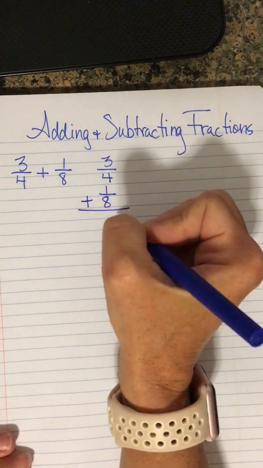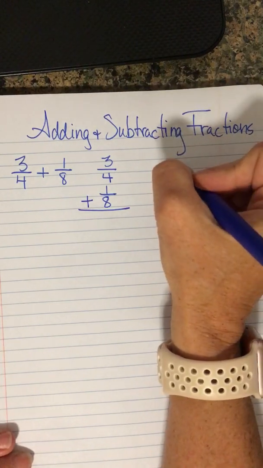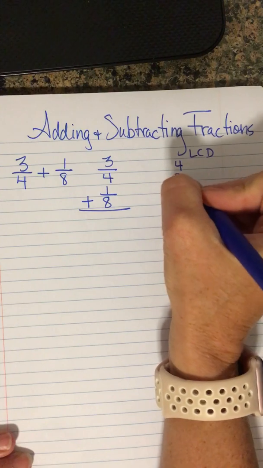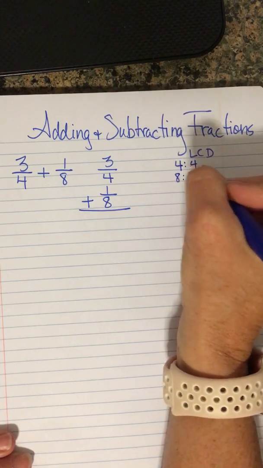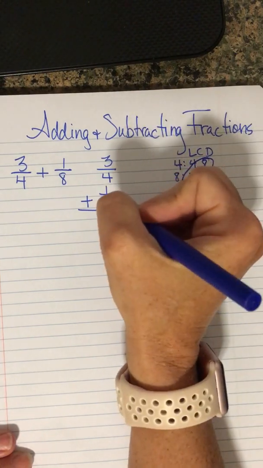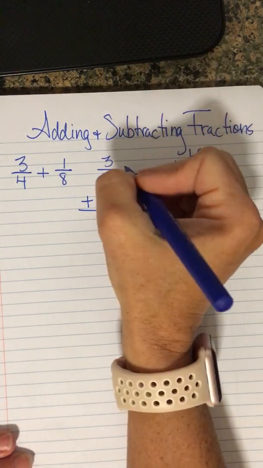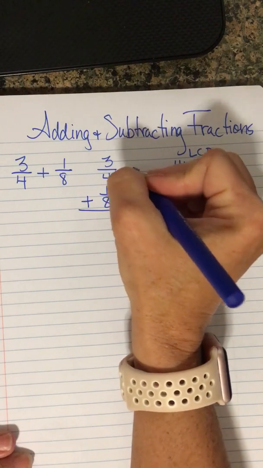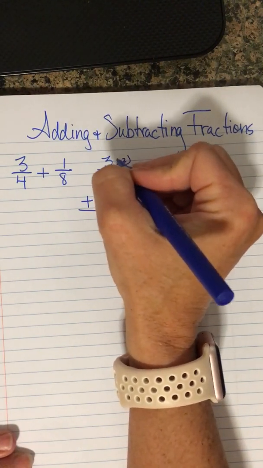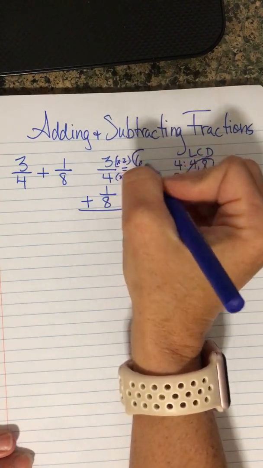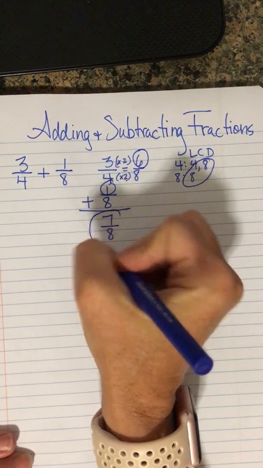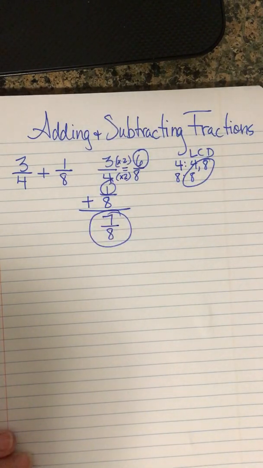So when I'm adding 3/4 and 1/8, I'm looking for the LCD of 4 and 8. That least common denominator is going to be 8, and I can stop. 1/8 is fine, I can leave it alone. 4 times 2 is 8. 3 times 2 is 6. And now I can add 6 plus 1 to get 7/8, and I'm done because 7 and 8 cannot be